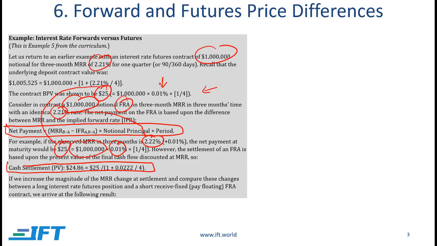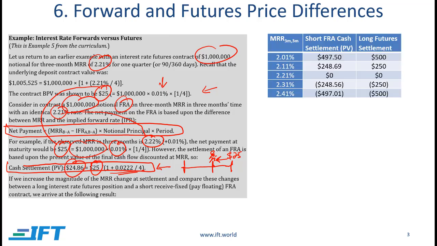But the only difference is that this has to be discounted back to where we are now, because this $25 will be there at the end of the contract, but we are here now. So we need to discount it back, and that is what is happening over here, that they are taking this $25 and they are discounting it back to 24.86. And when you see how that looks on the chart, for the futures it is exact 25